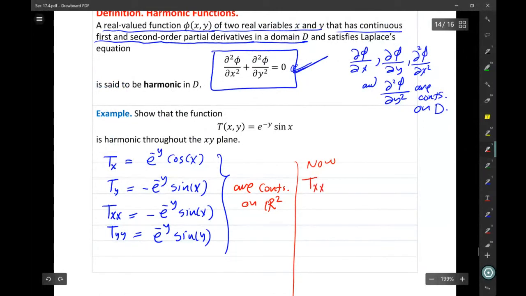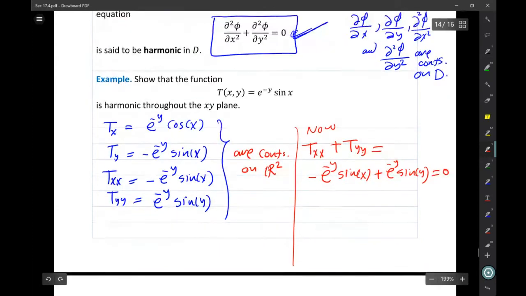T sub xx plus T sub yy: how much is T sub xx? Minus e to the minus y sine x. T sub yy is e to the power minus y sine x, and that is equal to 0. So the function T is harmonic